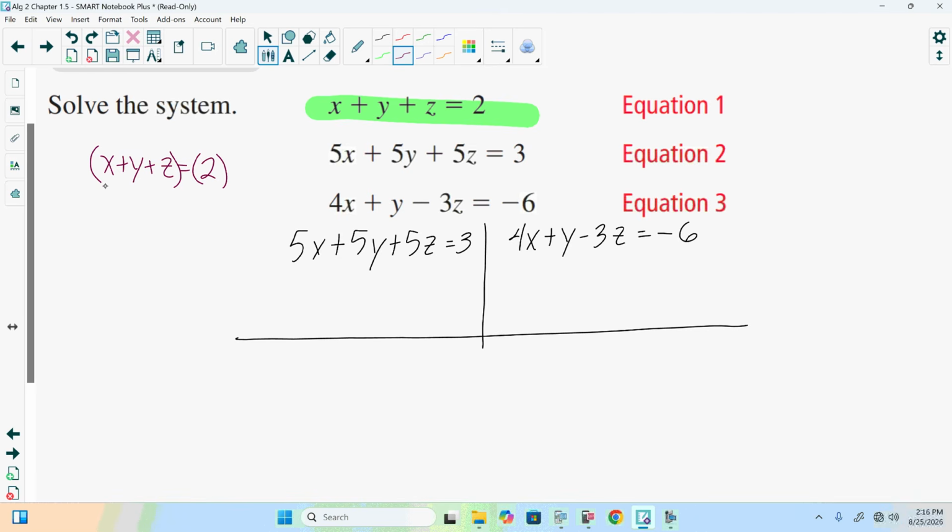What do we need to multiply x by to get it to be 5x? All right. So we're going to multiply the top equation, our eliminator equation, all by 5. 5 times x is 5x. 5 times y is plus 5y. 5 times z is plus 5z. 2 times 5 is